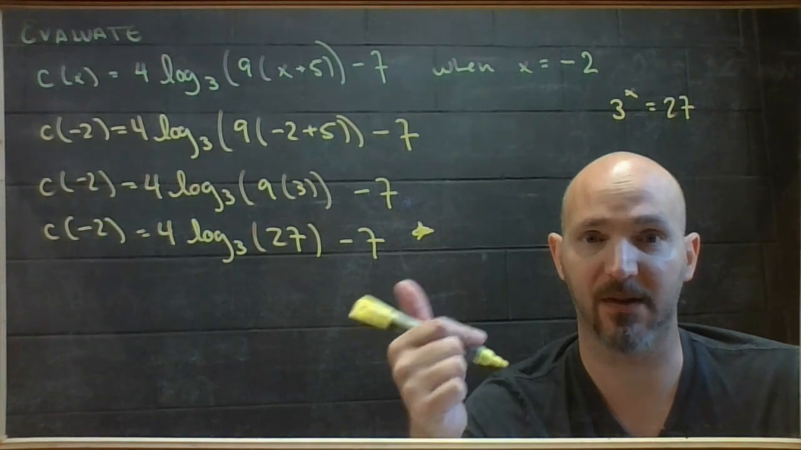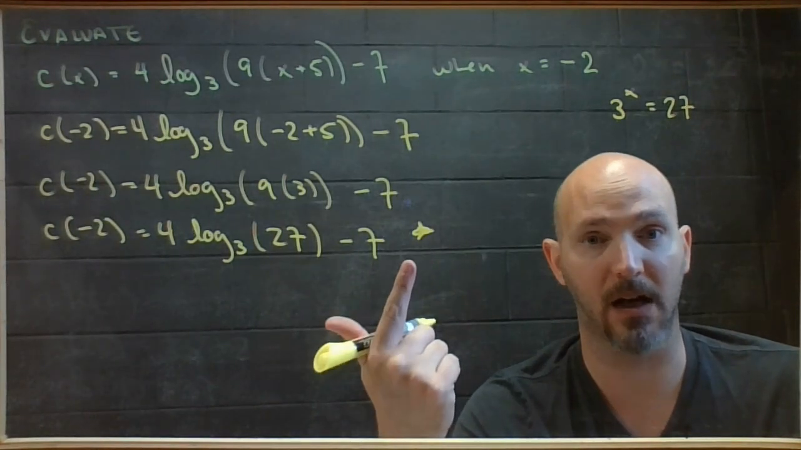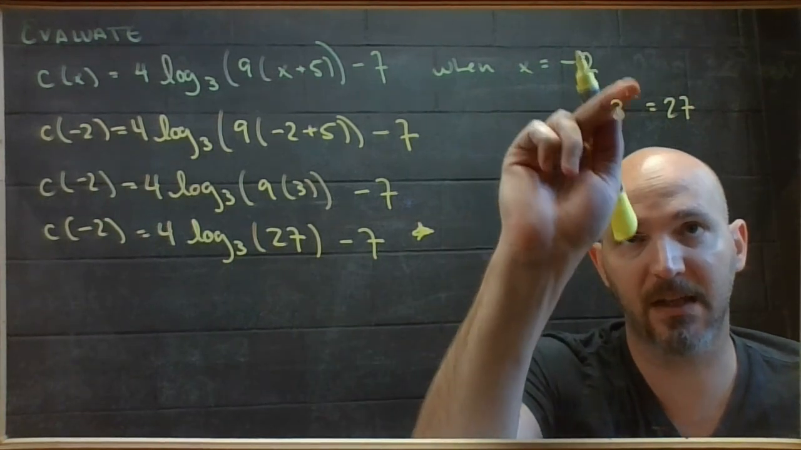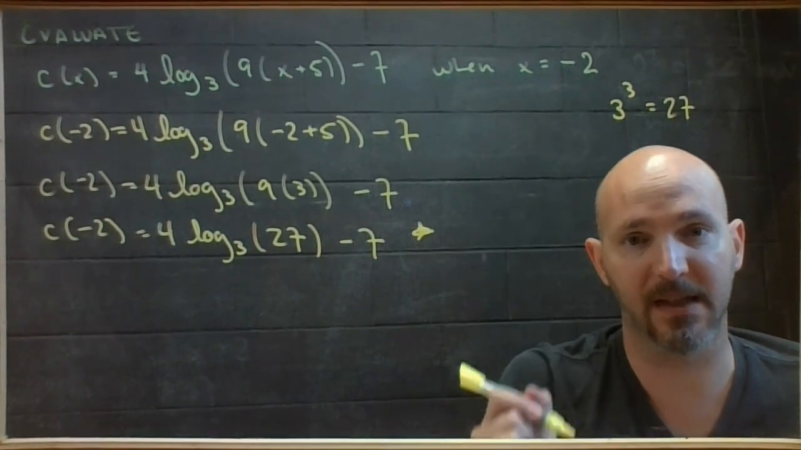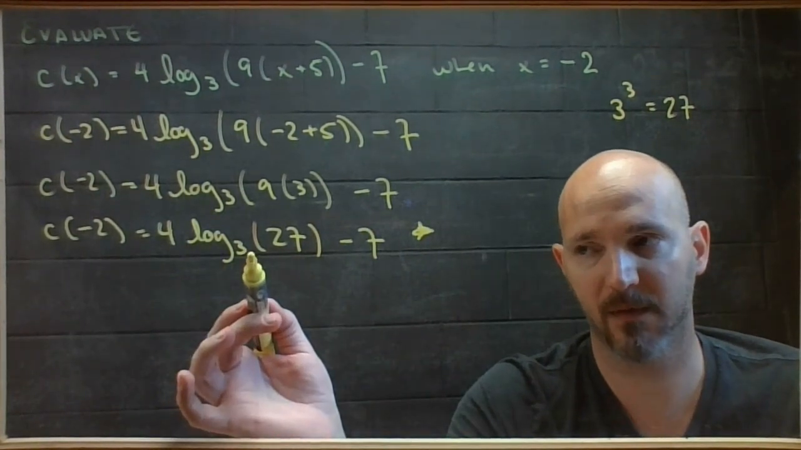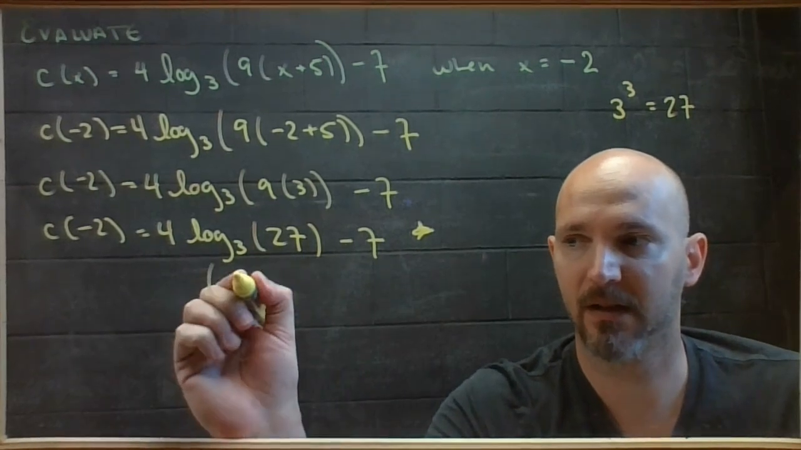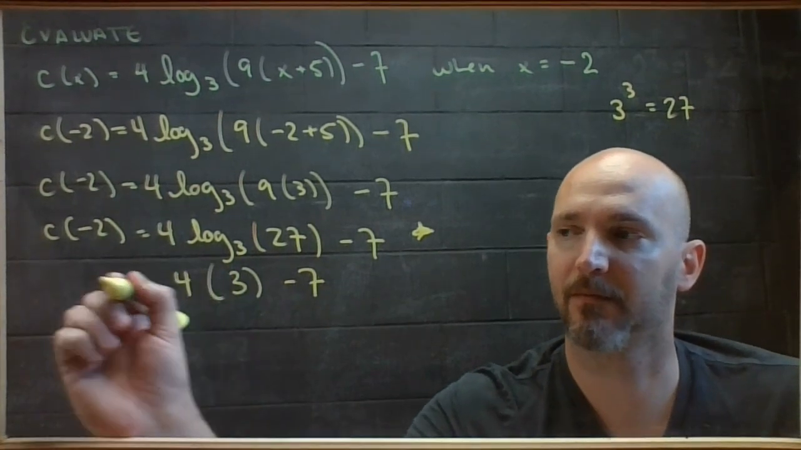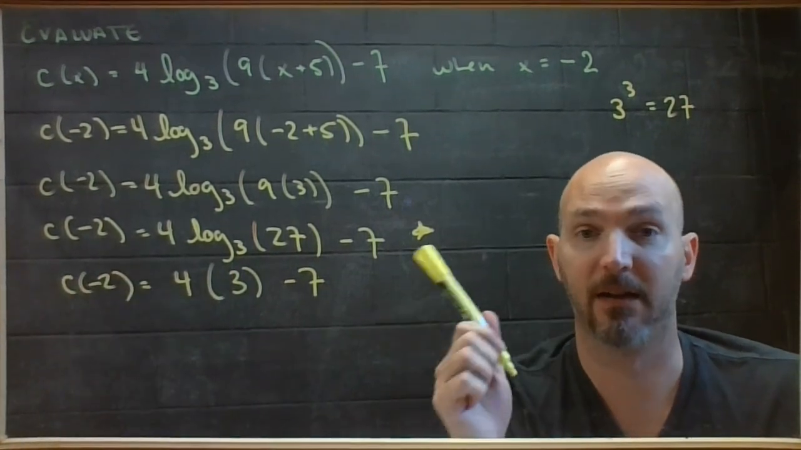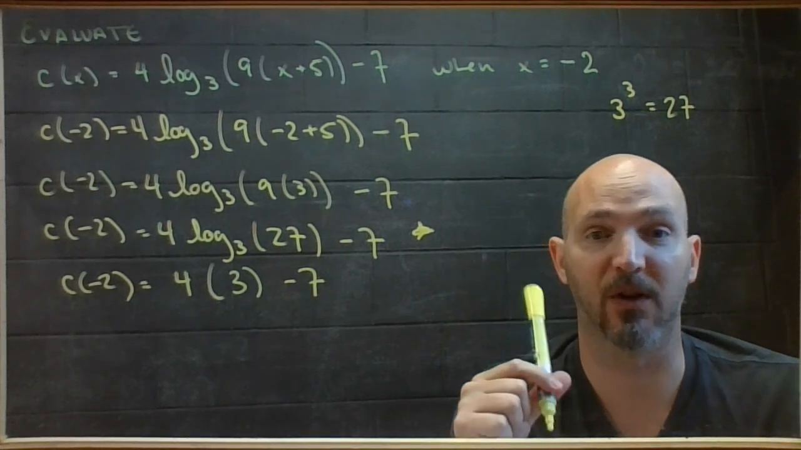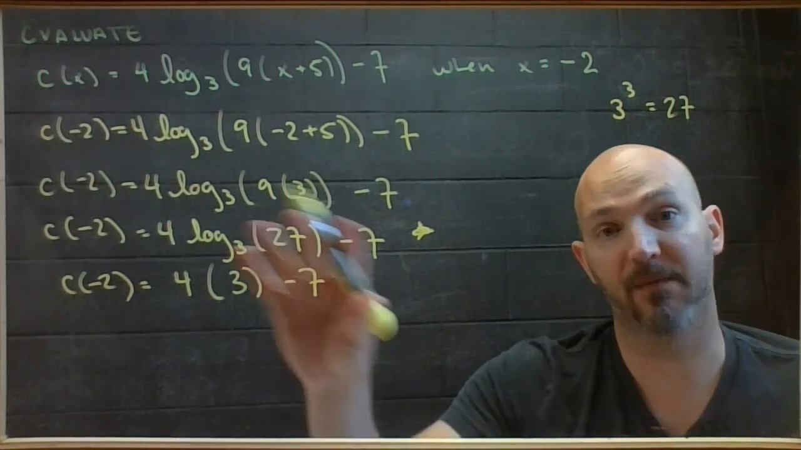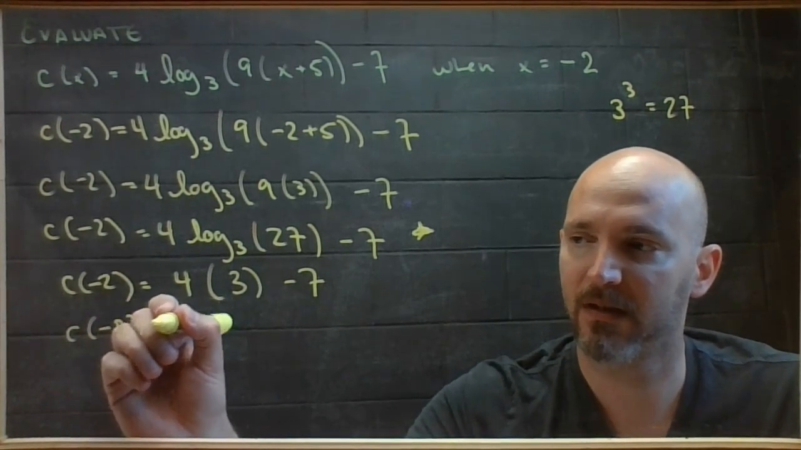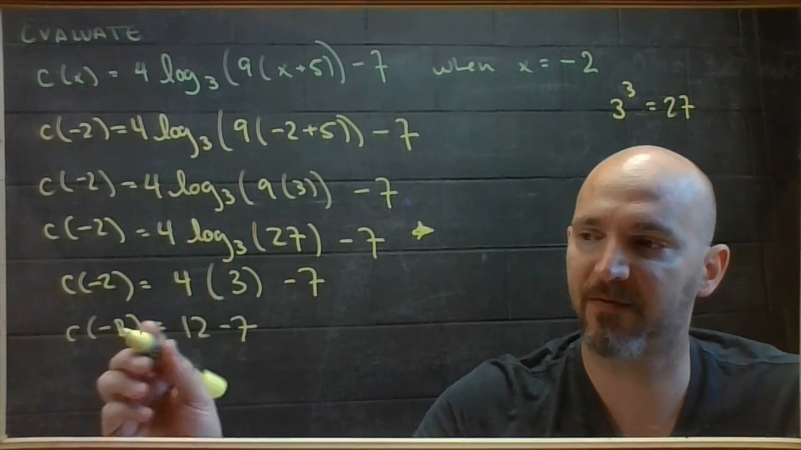3 to the power 1 is 3. 3 squared is 9, and 9 times 3 is 27. So because 3 cubed is 27, then the log base 3 of 27 is 3. So again, stew on that, and we'll circle back to it in advanced functions. Just in the spirit of finishing, 4 times 3 is 12, and 12 minus 7 is